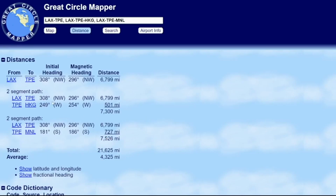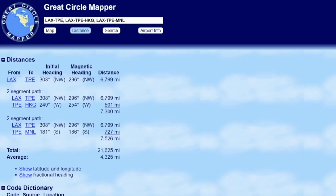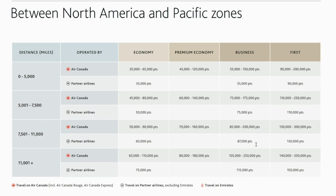If we wanted to go through Taipei into Hong Kong, that would be 7,300 miles. So we could actually tack on another leg to Hong Kong, and it would still only cost 75,000 points since we're under the 7,500 physical mile threshold. And if we wanted to fly LAX through Taipei into Manila, then you've crossed the 7,500 mile threshold by just a little bit. So that is going to bump us up into the next bracket where that should cost 87.5